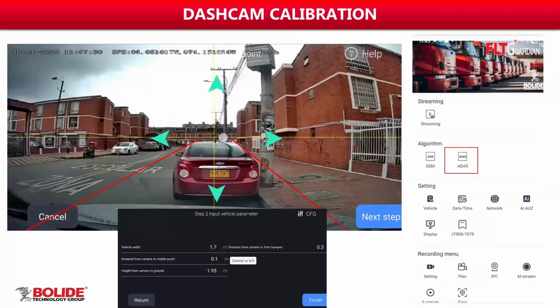So the ADAS, very similar. We are going to open up our ADAS algorithm tab, and you'll notice there's some lines in the field of view. We just want to make sure the lines are located in front of the vehicle. Everything's lined up. We can move these lines left and right. You'll see the arrows there. And you also want to make sure that the distance is correct in front of the vehicle and to the sides. This is very important. You will get false positives if you happen to not calibrate this correctly. So once that's done,